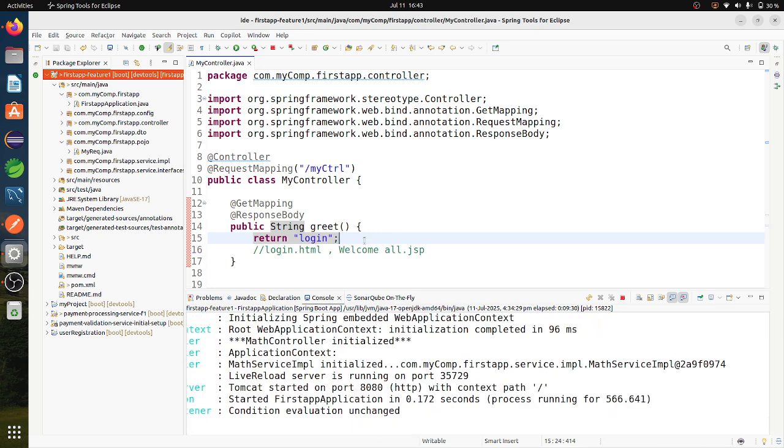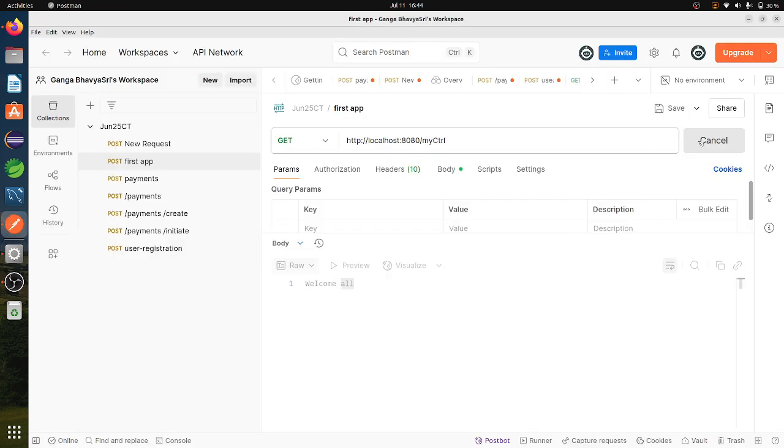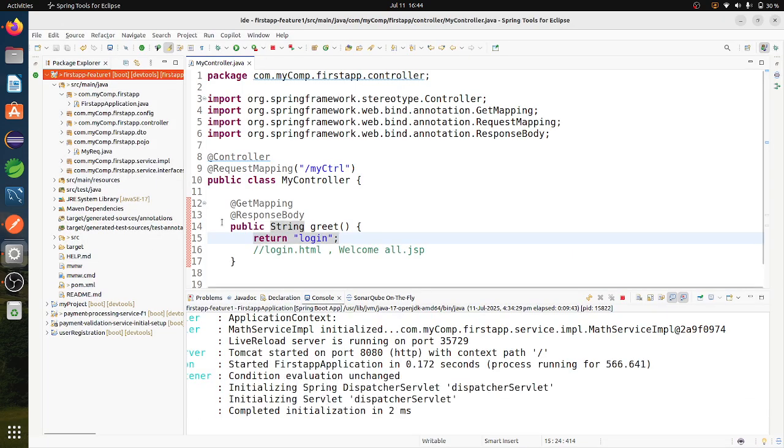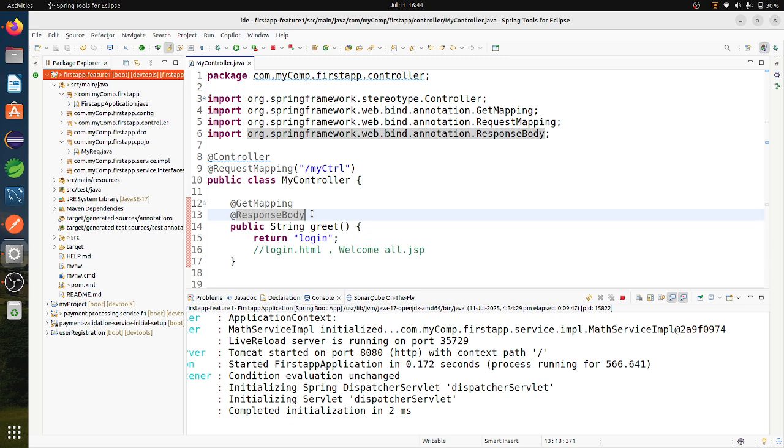In the same way it will return login. So here it is returning a string message. It is not searching for login.html, because here I annotated this method with @ResponseBody. If I remove this one, then again it will search for that page, but I don't have that login page. So this is a controller.